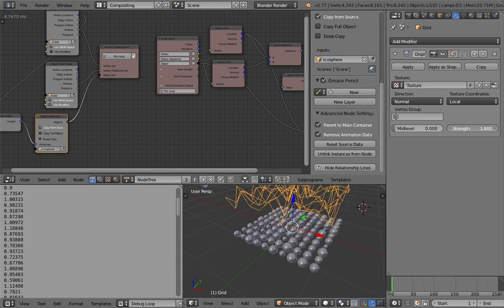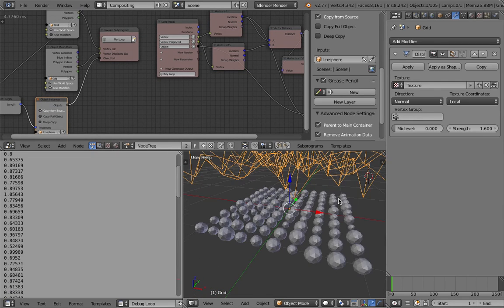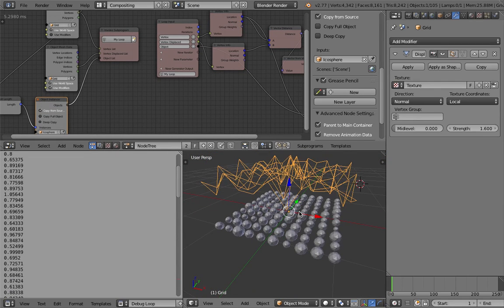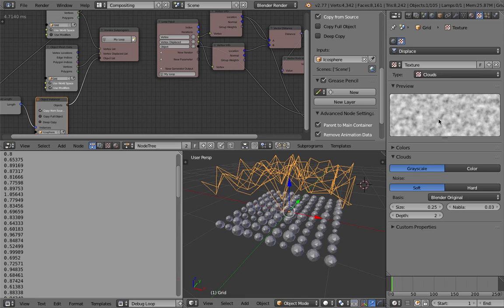Strength, we can have a play. So that's actually, it's kind of like you have a texture in which the texture itself is kind of like a math formula happening right there. It's a noise functions. I believe it's Perlin.